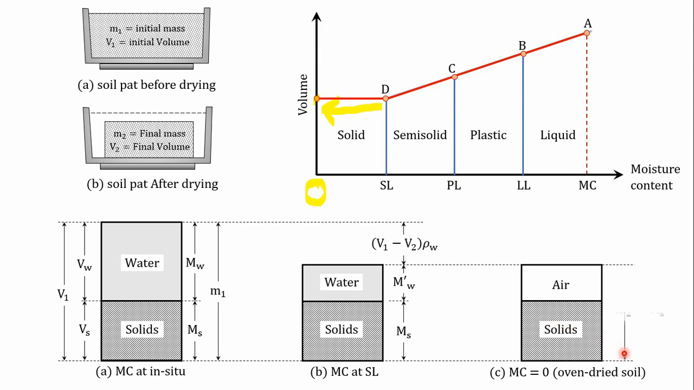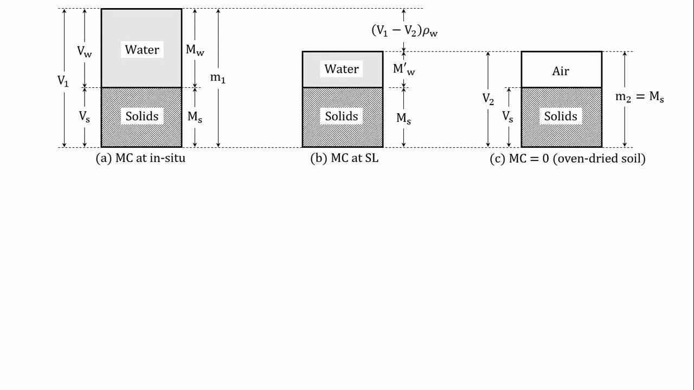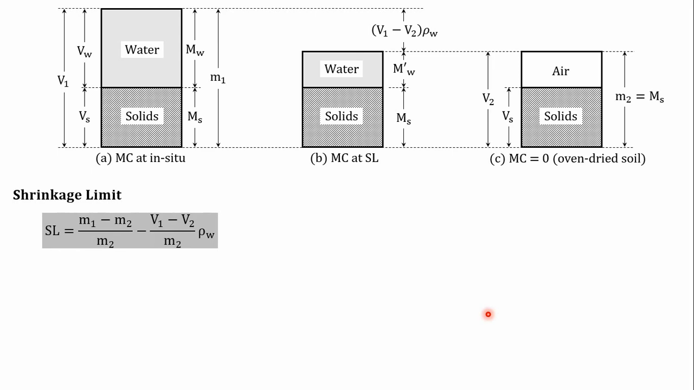So, yung mass ng solids natin, class, is equal to the mass ng oven-dried soil. Since yung mass ng air is negligible. And then, ito yung ating volume ng solids at ito yung ating volume ng oven-dried soil. So, mag-derive formula derivation na tayo dito, class. In shrinkage limit formula, class, may dalawa tayong formula. Ito yung una, class. SL is equal to M1 minus M2 divided by M2 minus V1 minus V2 divided by M2 times the